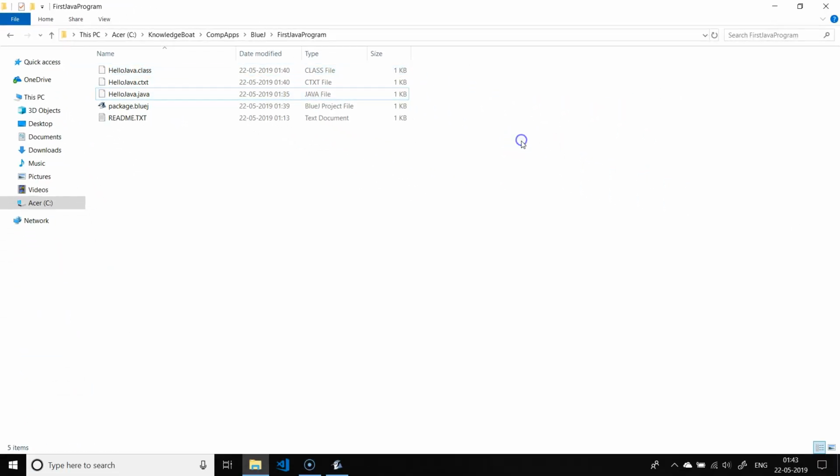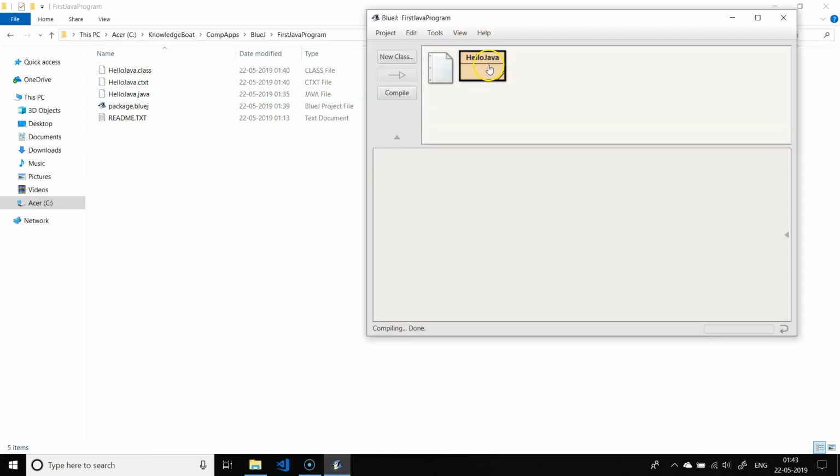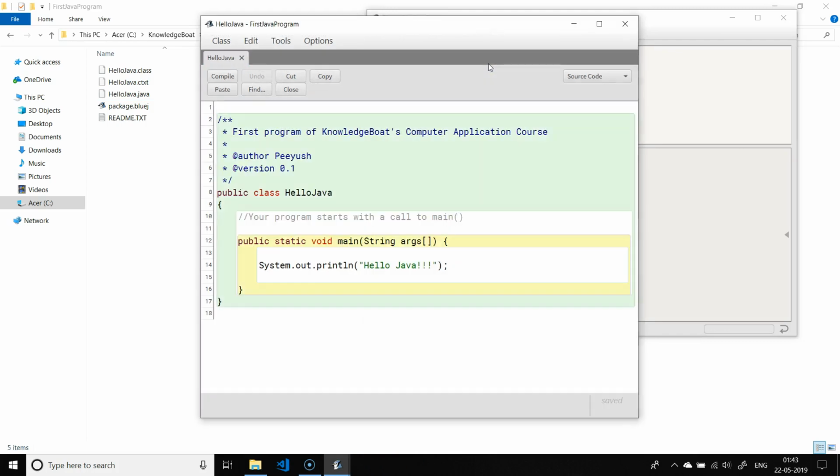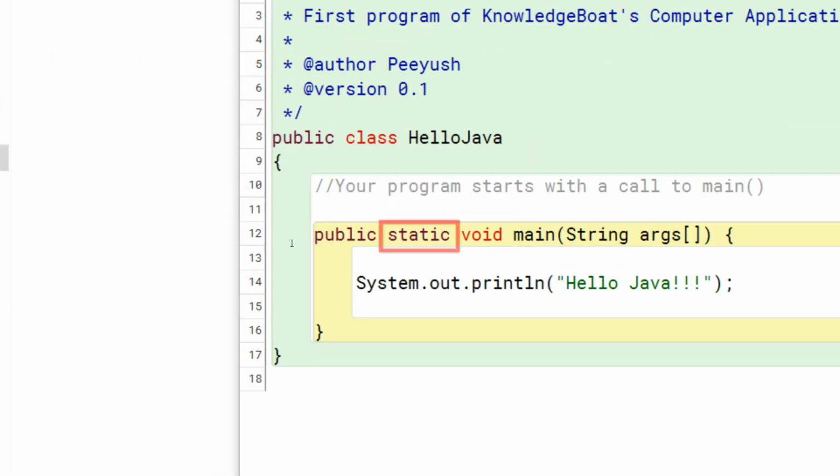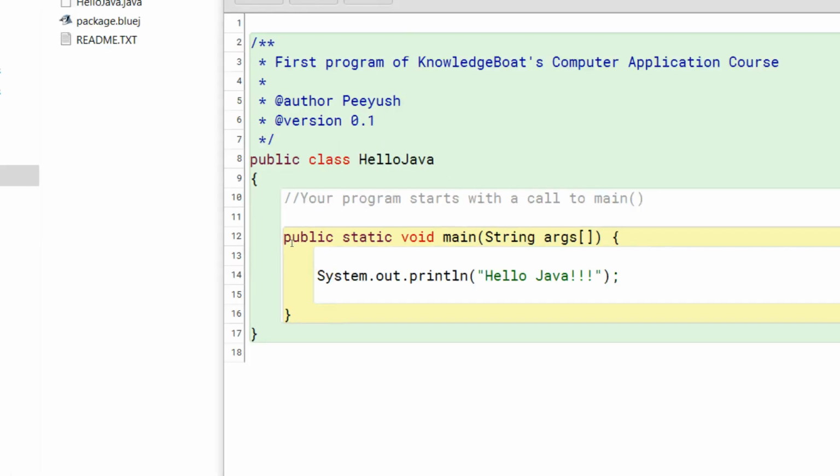With the class compiled, now is the time we all have been waiting for. Finally, we will see our program running. Let's switch back to the main window and open the class. Remember, we declared main function static by writing the keyword static before its definition. Due to this, we don't need an object of class hellojava to execute the main method. We will directly execute it from the class.